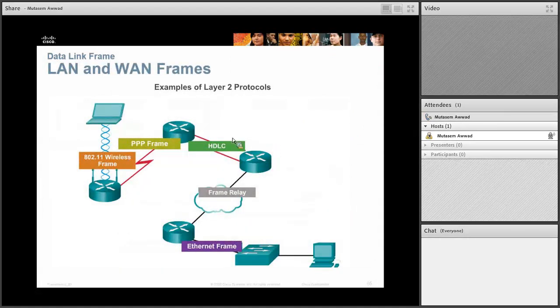All right, so here we go again. Like we discussed earlier, the packet travels in an 802.11 frame, is sent to the